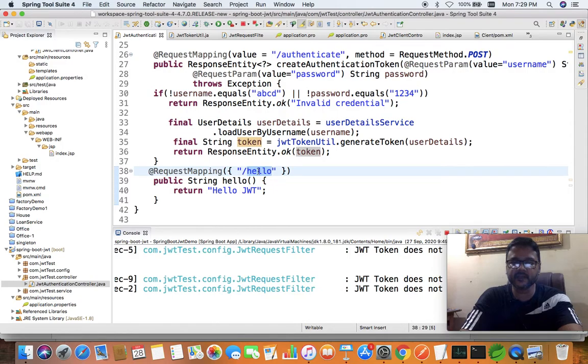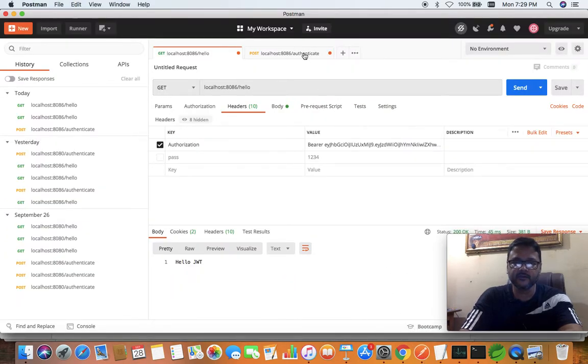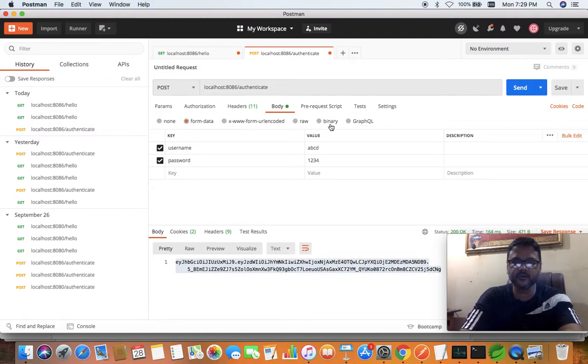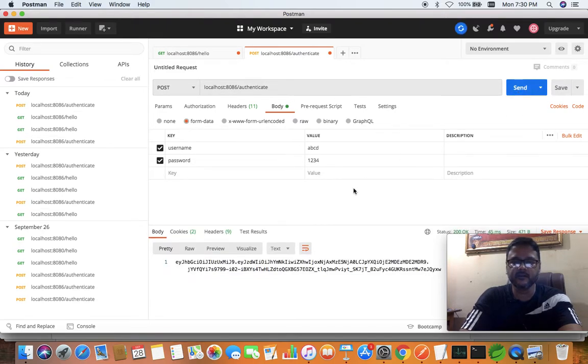We have seen that output after running this Spring Boot project. After running the project, we tested it with the help of a Postman client. If you remember, I used the URL localhost:8086/authenticate. This is the first endpoint. When we send it, it gives this JSON Web Token.